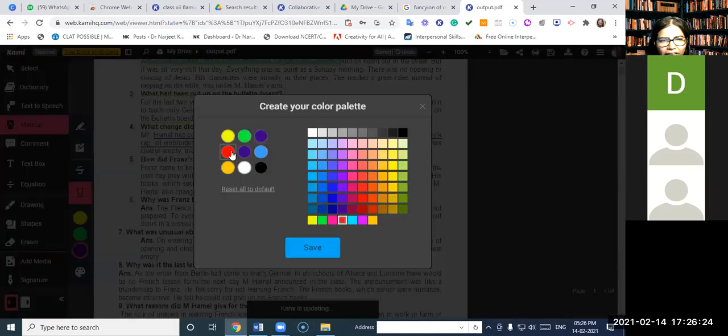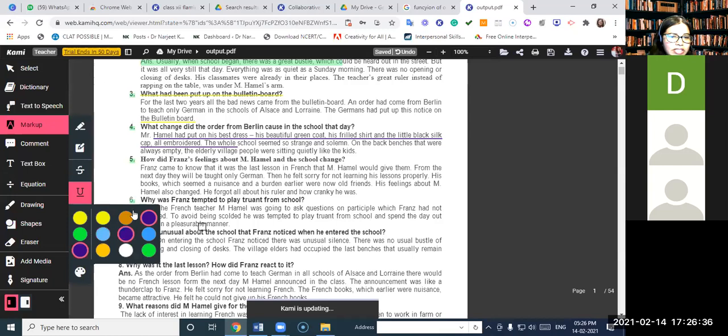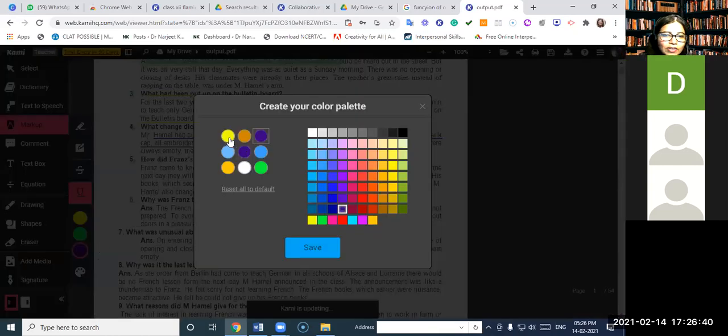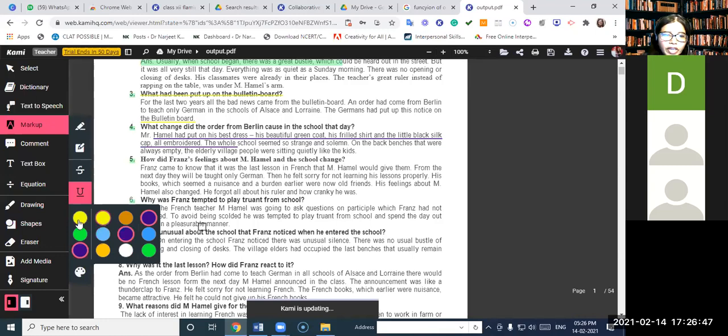For example, I don't want red color to be shown always, because this is the most. I want to replace red with blue. I want to replace green with say yellow. I want to replace black with green, and I save it. And you will see all the colors that you have selected. You can make a choice of the colors also, whichever colors you want, or you can set it to default, which will give us the default palette, right? So these are the options.